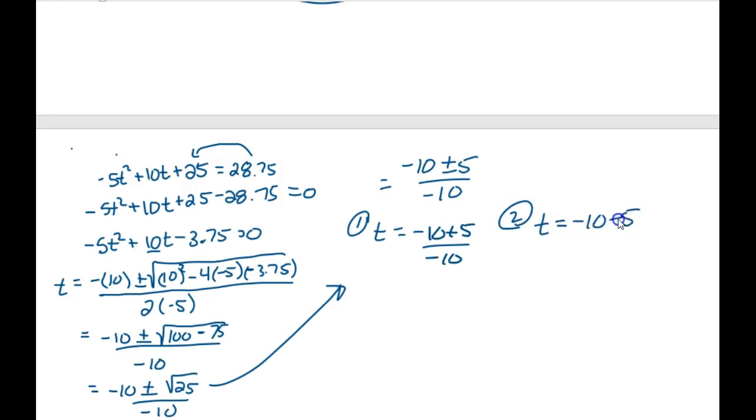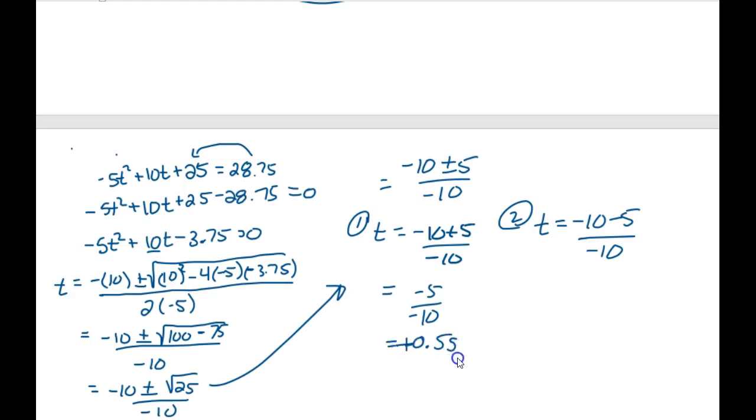Second answer, negative 10 subtract 5 over negative 10. I wrote both out before solving them, just so you remember to do both. It's up to you. If you don't think you're going to forget, go ahead, do the first one, solve it, and start the second one. But at least if I start the second one, I know I have to come back to it. So negative 5 over negative 10 is positive